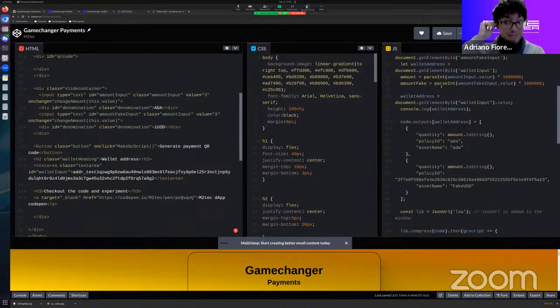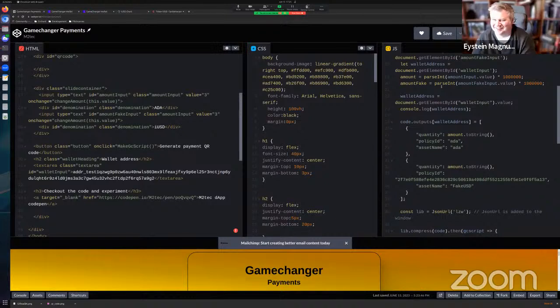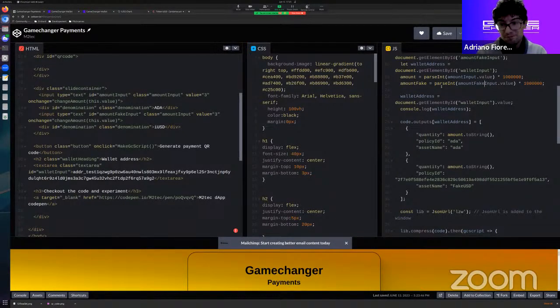Just keep that tip in mind, because of security and the size of numbers, like the Hosky token has a trillion tokens. It doesn't fit inside a JavaScript integer. You need to use strings, actually text, to work with those numbers and to serialize those numbers. That's the difference. Yeah, you're right, Martin. That's why I do the parseInt, because I get the value as a string, and I make sure that it's a value I can calculate with. But remember, if you were dealing with Hosky, that parseInt will fail, or maybe if it does not fail,